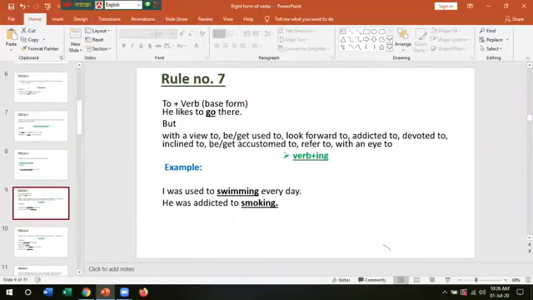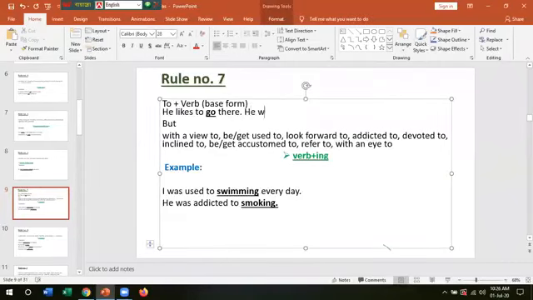In rule number 7, if there is to plus verb, we know that it is called infinitive form. In infinitive, there is always to plus the base form of the verb. Like, he likes to go there. He wants me to do it. Here you see there is to, and we have used the base form, that is verb 1, the present form of verb. This is the rule. But if there is with a view to, be or get plus used to, look forward to, addicted to,